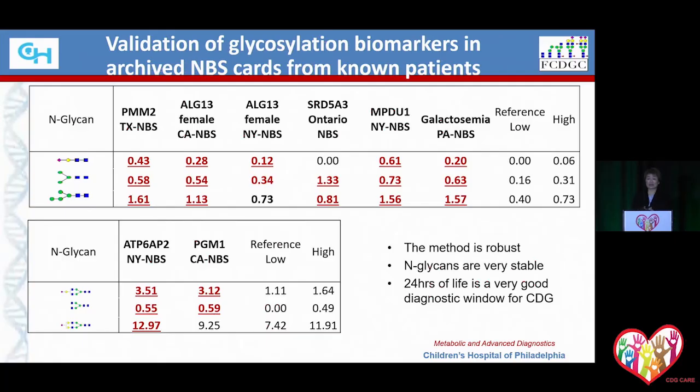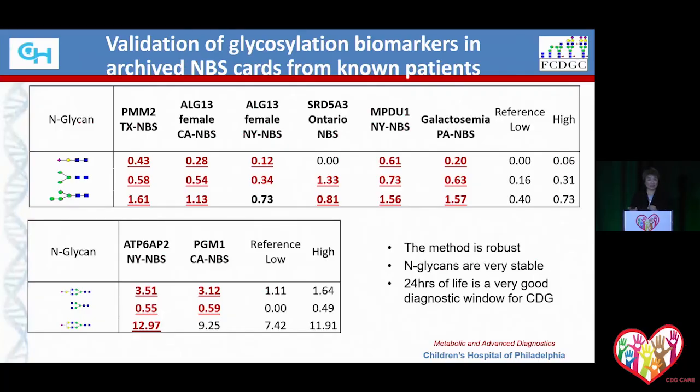And we also successfully retrieved 2 type 2 CDG. Here we use 3 markers. One is monogal to evaluate undergalactosylation. One is monosialylation to evaluate undersialylation. So we got a newborn screening DBS card from a patient with ATP6AP2 deficiency, and also a family with PGM1 CDG. I'm particularly grateful to that family because we really want to do newborn screening for PGM1, and I